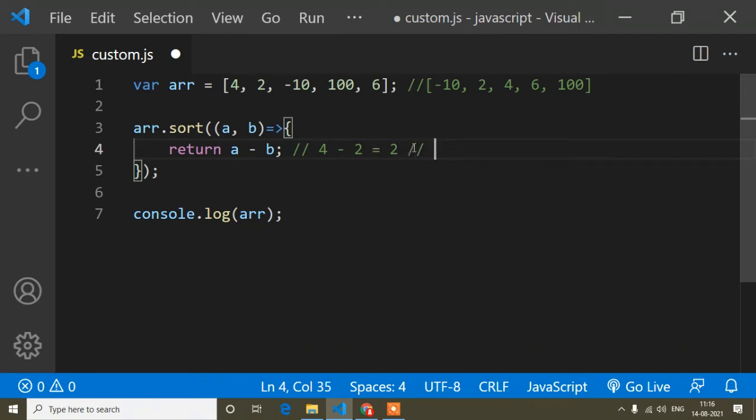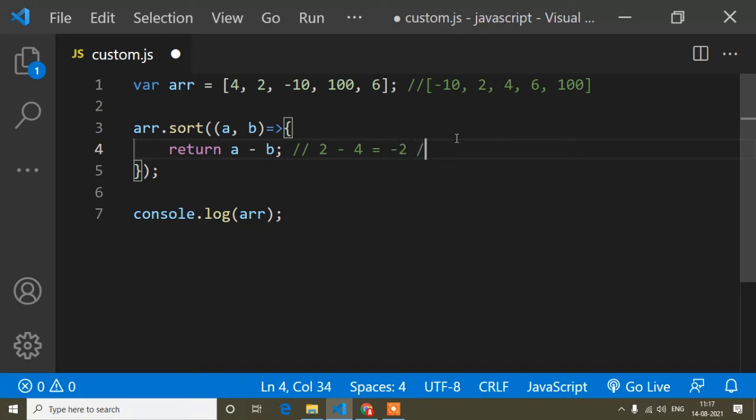So here I'm getting a positive output, 2, so that time it will swap them: it will bring this 2 first and then 4. But now when I get a negative value, it will be the same thing. Suppose A is 2 and B is 4, so here I would get the minus value, that is -2.